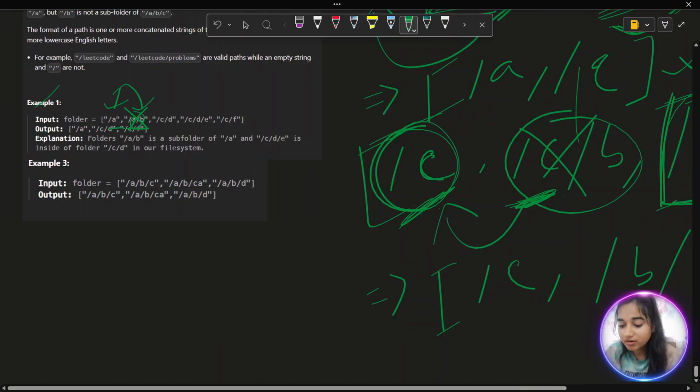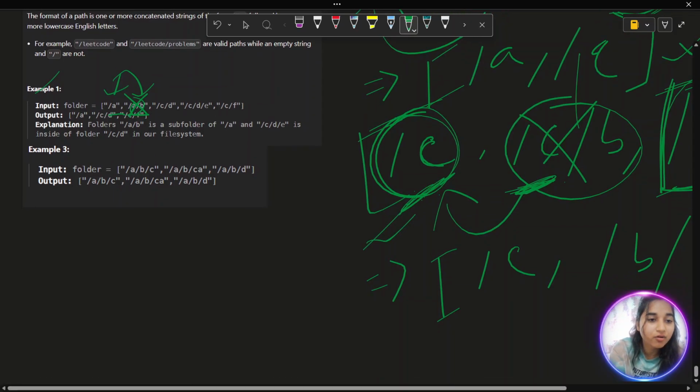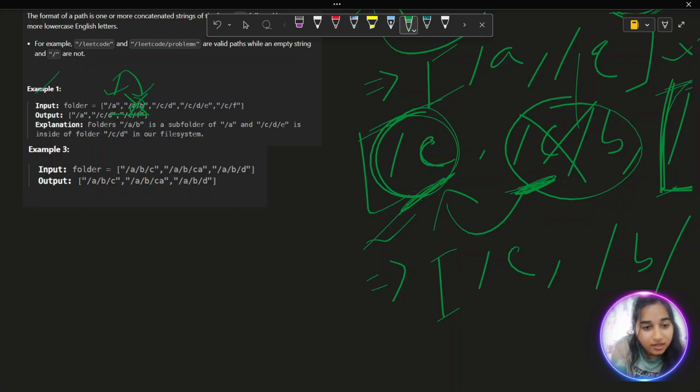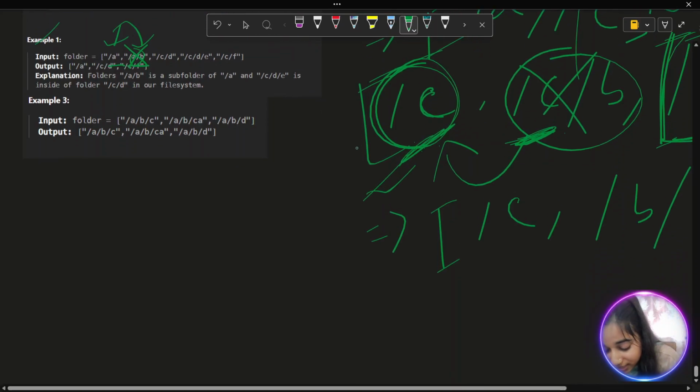I think now the problem statement is pretty clear. Now we'll understand how we can come to the solution. What could be the approach? Let's understand the second example, that is